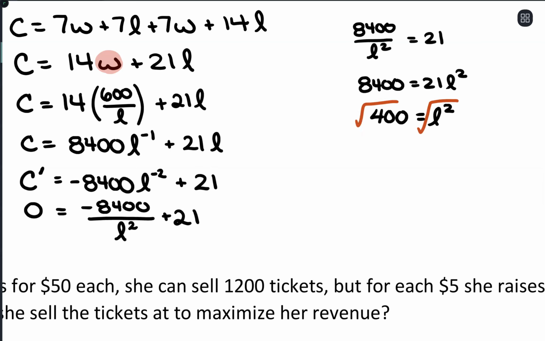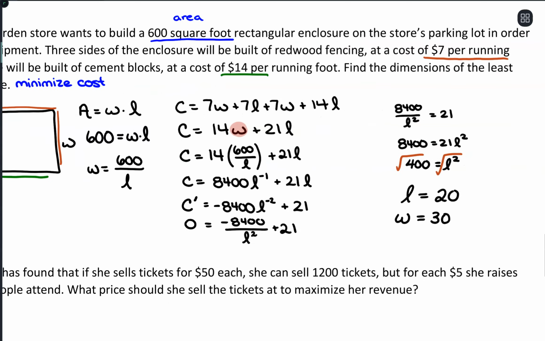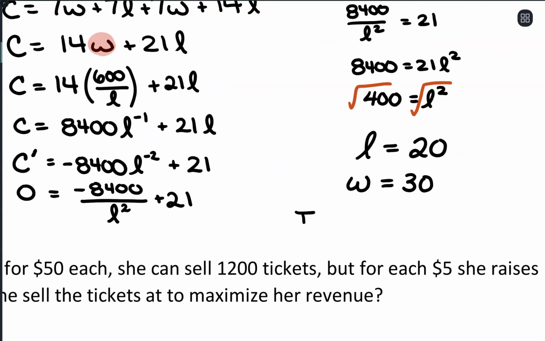And typically that gives us a plus or minus, but since we're working with a word problem, we'll just be working with the positive value, which would be 20. So we get that the length is 20, which means the width is going to be 600 divided by 20, which is 30. So now is the point where I go back and make sure I'm answering the question. Find the dimensions of the least costly enclosure. So the enclosure should be 20 feet by 30 feet